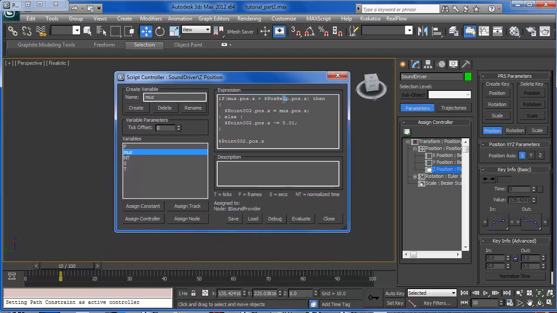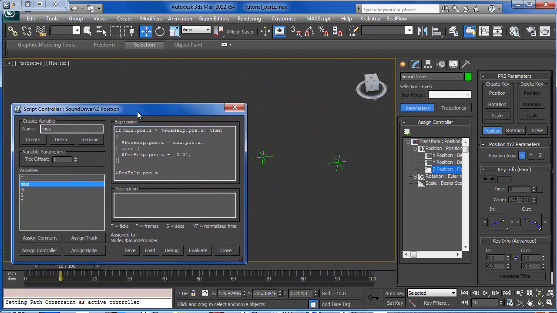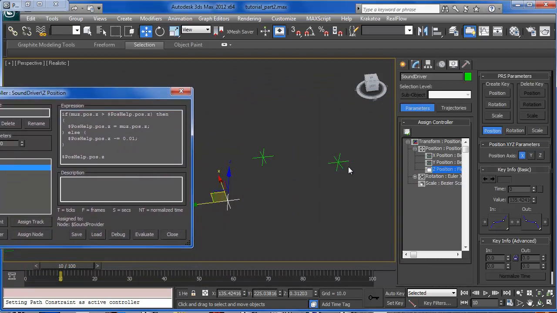Okay, so what this will do: if the point with the sound on it, which is animated on Z, is greater than this helper position, then we want to snap this point to Z position, to this one Z position. So if the amplitude will be higher than the current one, it will snap to the current amplitude. But if it will be lower, it will just decrease with a constant value, position Z decrease by 0.01